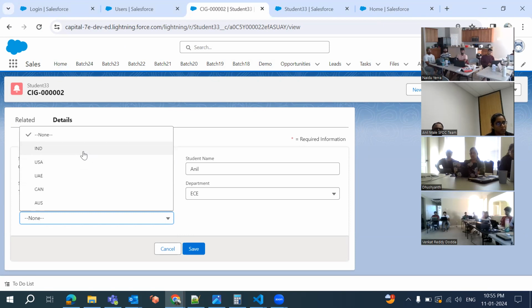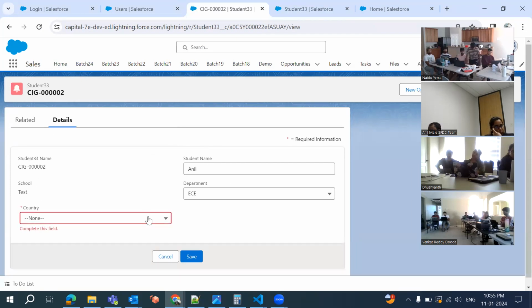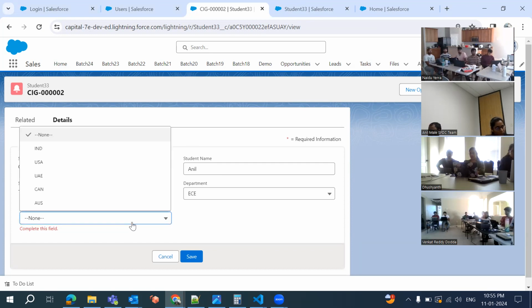I have added. My requirement is basically, I would like to control these options as well. Whatever the options available in the pick list, I would like to control those options also. If I'm using page layout, only fields, whatever fields you want to display, you can control it. But my requirement is that I would like to control these pick list